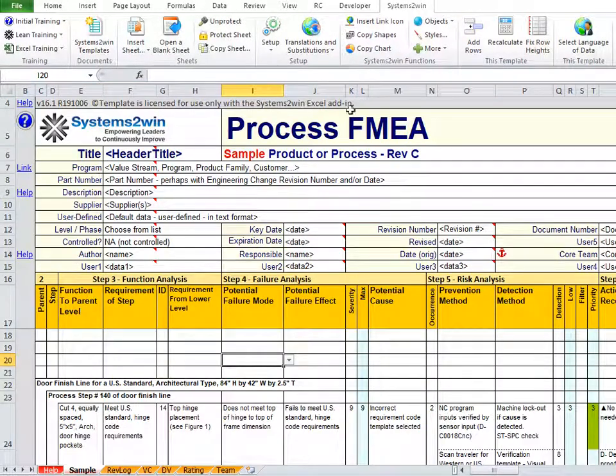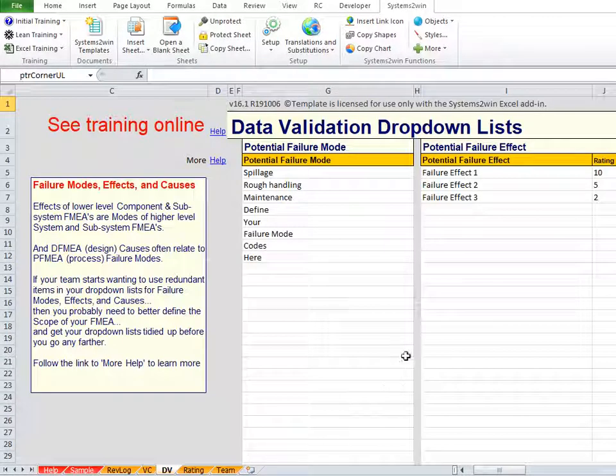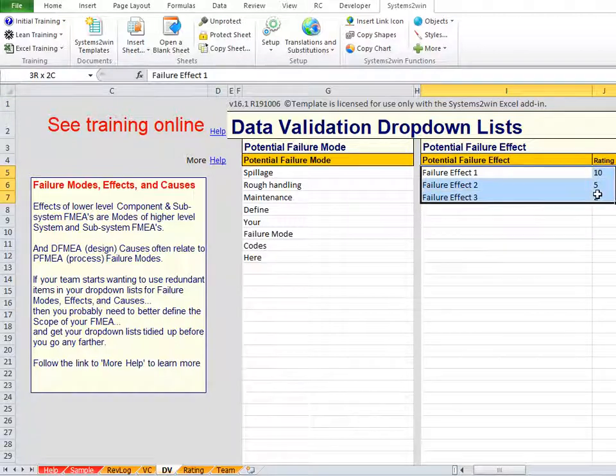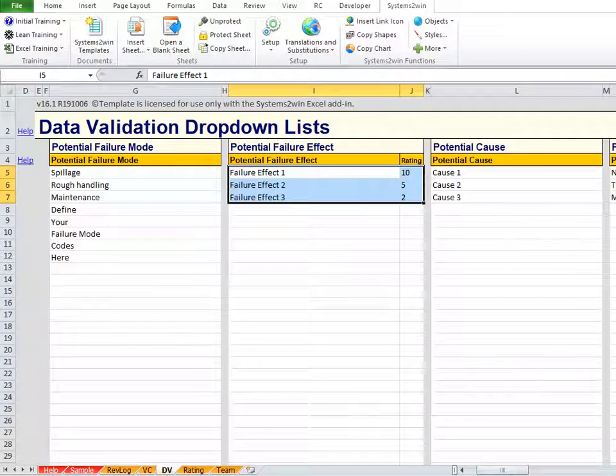And finally, let's mention that there are some situations, with one common example being the drop-down lists that get defined on the DV sheet. There are never formulas on a DV sheet. And if you're sure there are no formulas, then it is sometimes safe to select partial rather than entire rows or columns. And then you can do the exact same thing.